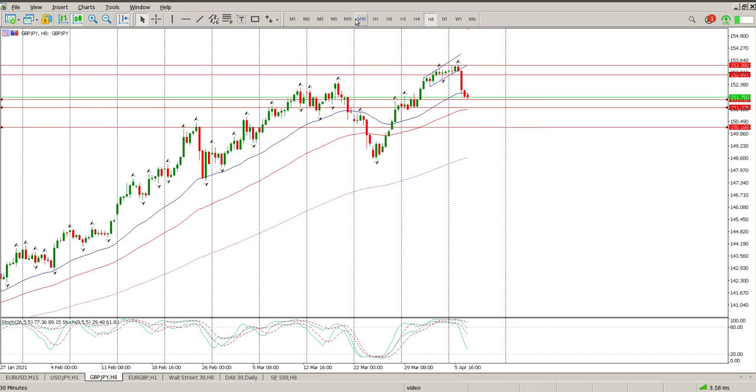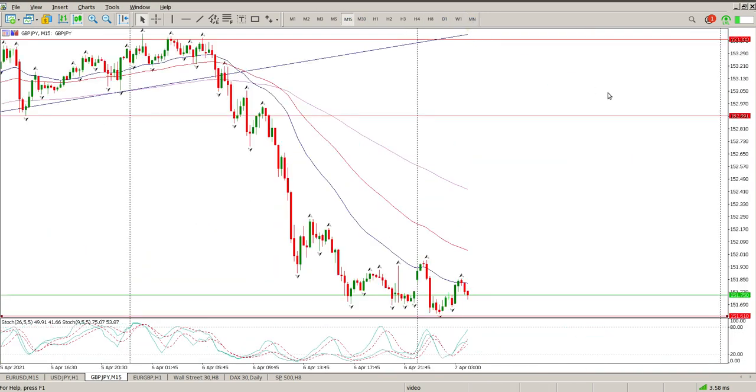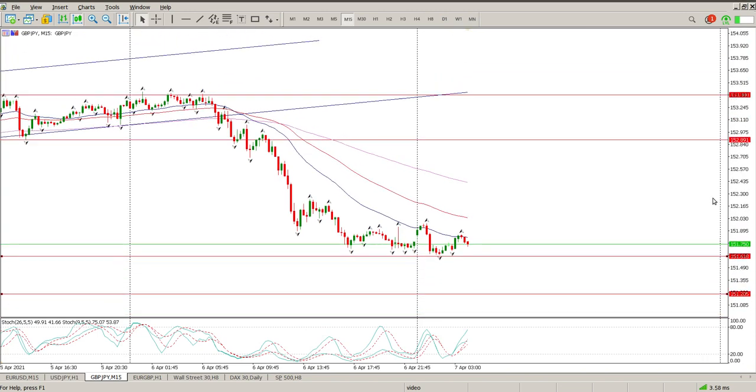That's what I'm looking for, and you can more likely just get down to the 15-minute for this. And the last bit of advice I can give you on this pair right now is that is our range, more than likely going to be the opening range. It is a British pound pair, so the London breakout strategy is pretty much in play. If it does break to the downside at the open, you're looking for this level, 151.205. If it breaks to the upside, stop below here, you're looking for us to come back and test this area of